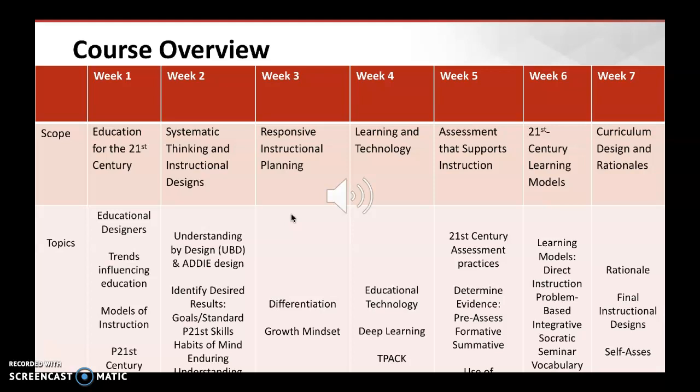In week 5, assessment that supports instruction will be the focus. We'll look at 21st century assessment practices and determine for our own professional and units